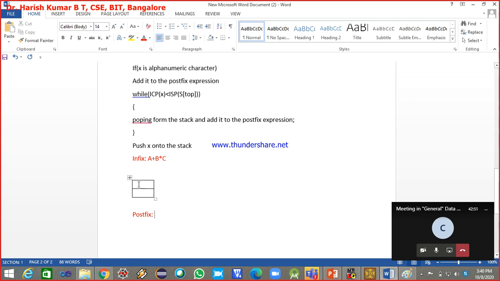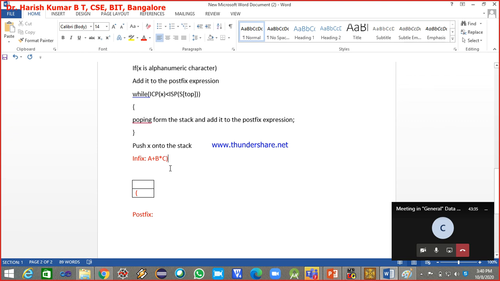And before that, I've created a stack. Now to this stack, I'll add the opening parenthesis. Before converting, I create a stack, and at the 0th index, I add the opening parenthesis. And for the given infix expression, I'll add the closing parenthesis at the end. I forgot to mention this. So I created a stack, and to this stack I push the opening parenthesis, and to the given infix expression, at the end I add the closing parenthesis.